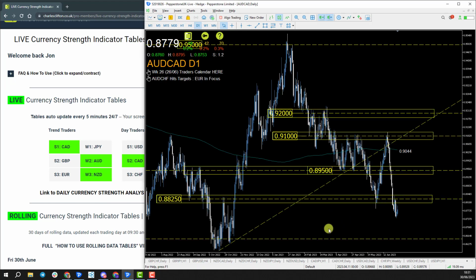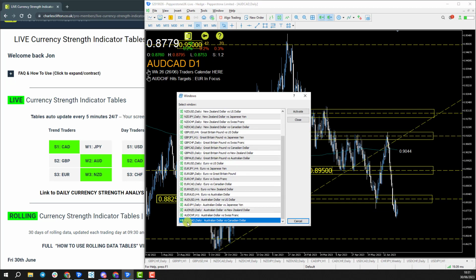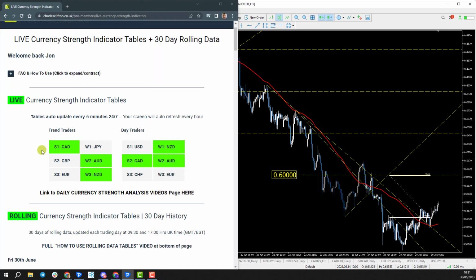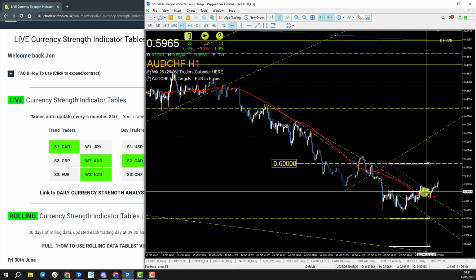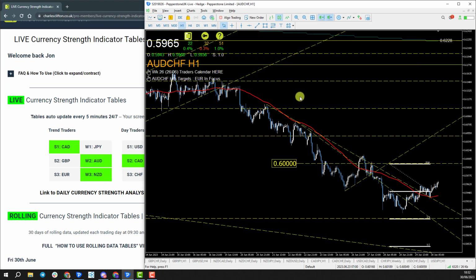Now, one pair that we featured this week was Aussie Swiss. That performed really well. It hit our targets and it is still technically on the table. So if I just go to Aussie Swiss, we did talk about this on yesterday's video. You can see Aussie there, Swiss now only in S3 though. And we did talk about looking at a potential re-entry at these highs. If you did take that re-entry, you're about 17 pips offside at the moment, but I still technically like the